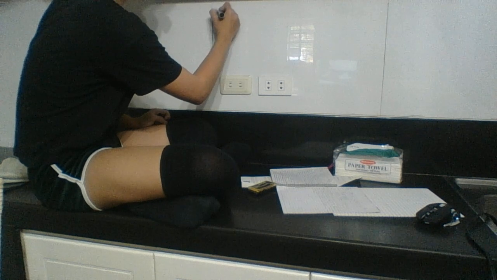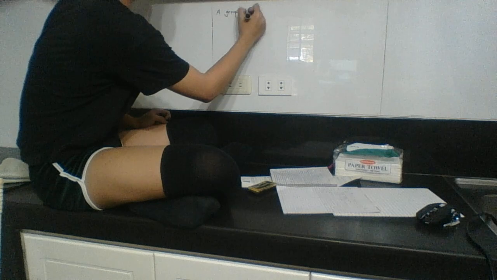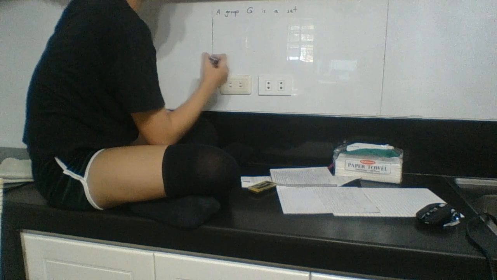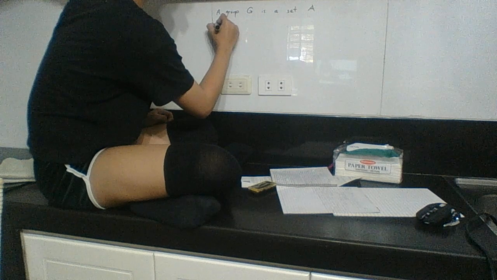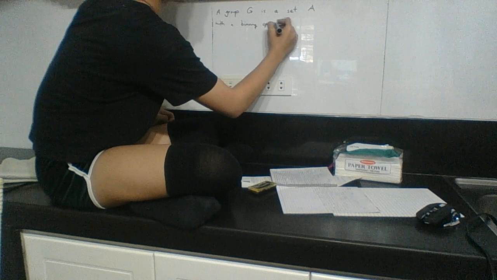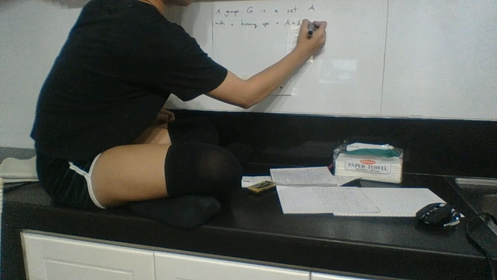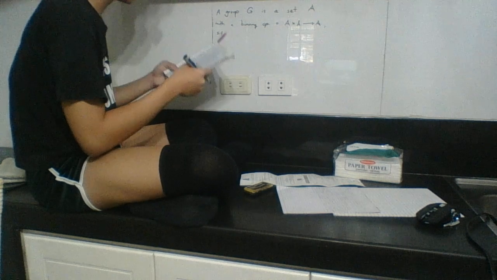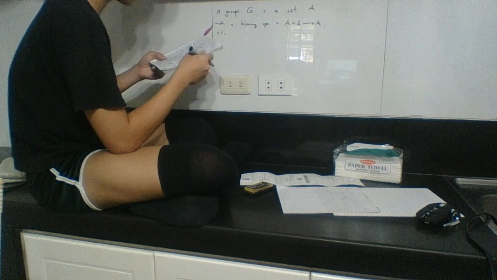Okay, so a group, which I will denote as G, is a set A with a binary operator, which I will call circle or circ, that takes A cross A to A, such that, okay, there are three main rules that this operator must satisfy in order for A with this to be considered a group. So first thing is that, okay,